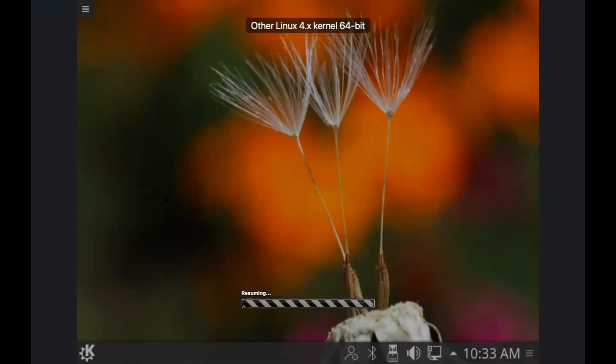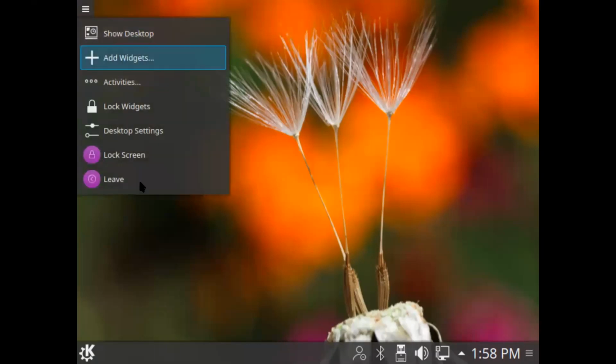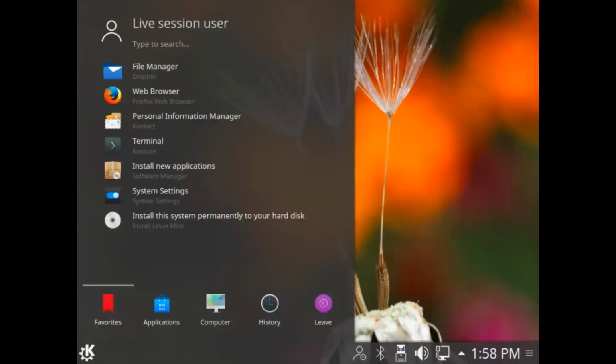This is one virtual machine. This is actually Mint Linux, right? Okay, you can see this is Mint Linux. You can see the mouse pointer is different, right? It has a different mouse pointer, and there's a menu like this, and this is the KDE desktop, and you can see nice effects.